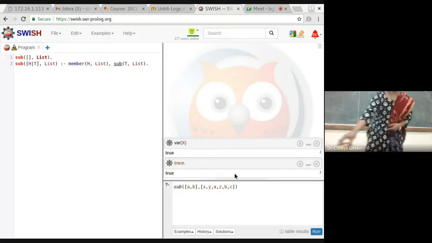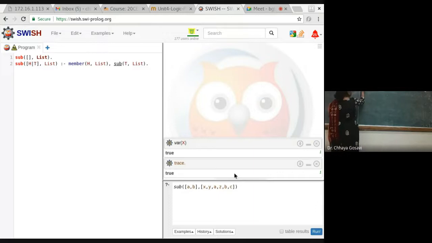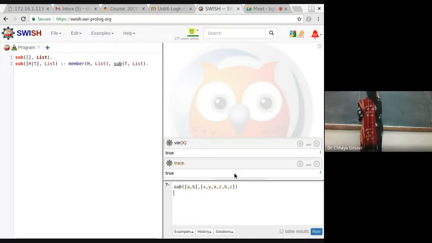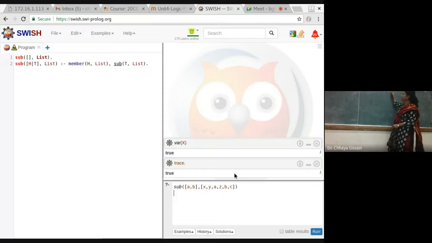So we have sub A comma B. So this was a query. We'll check whether it is matching with any of the rules. So first rule is the blank one, it is not matching. Then we'll go with the second rule. In the second rule we will divide it into head and tail. This is the list X, Y, A, Z.